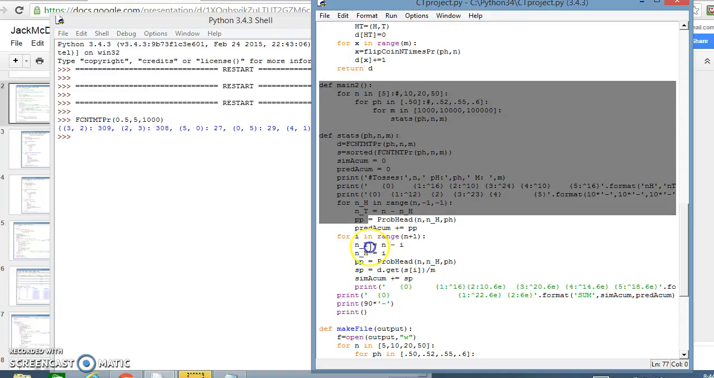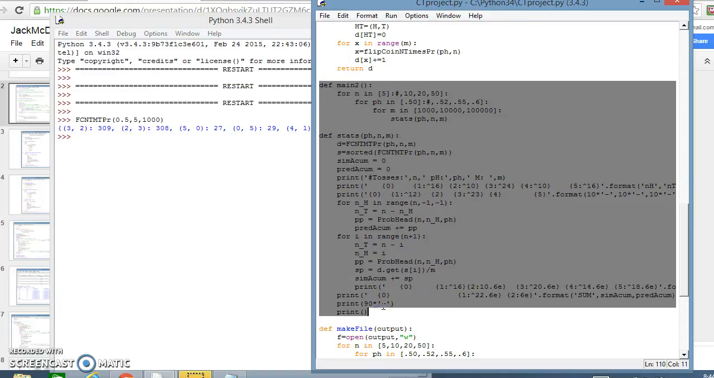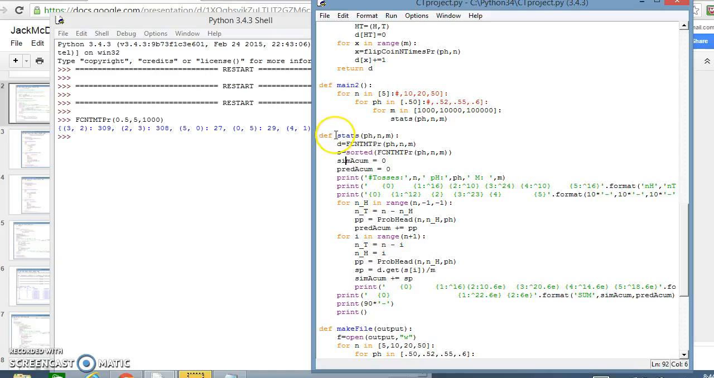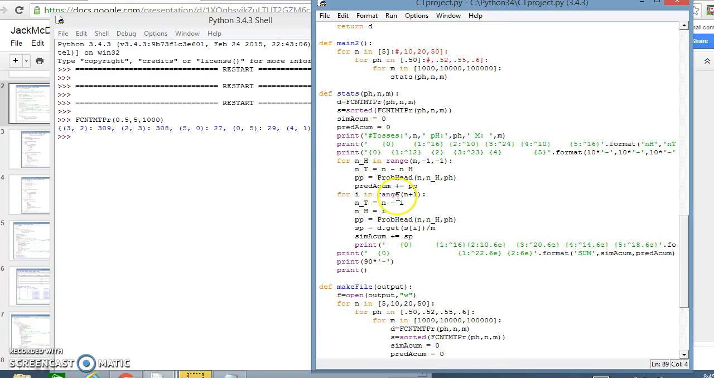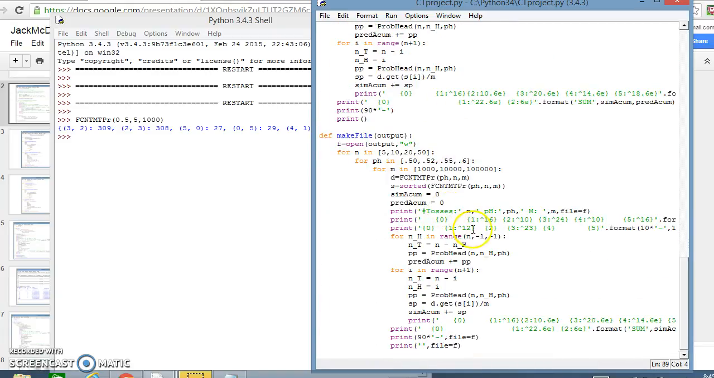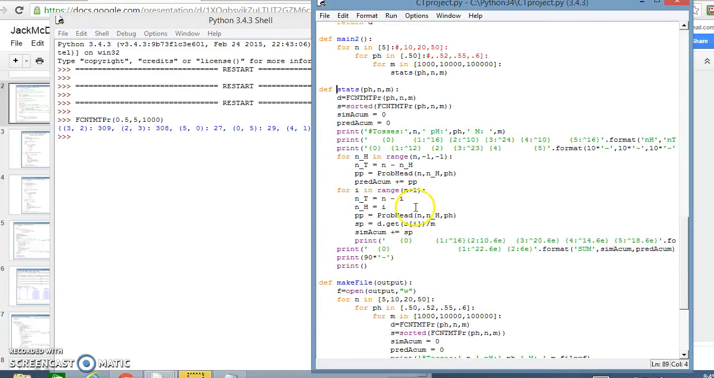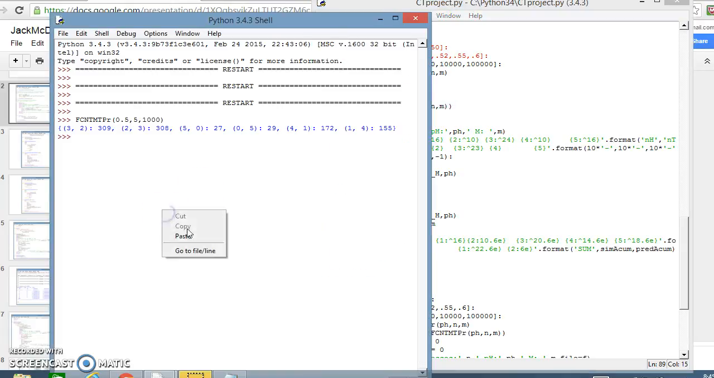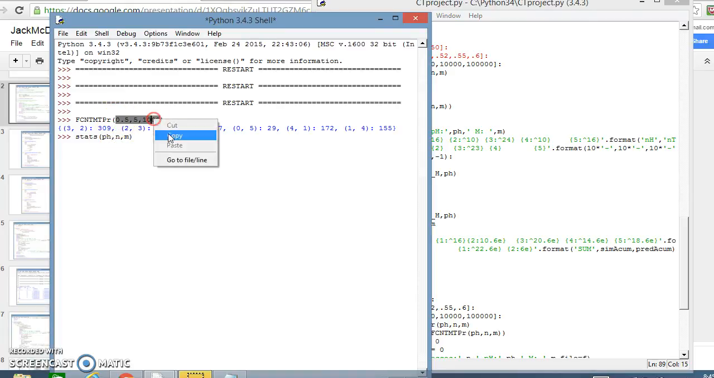These two, main and stats, I used them to check if I was formatting everything correctly for when I put it into a text file. So stats gives you a table of stats,